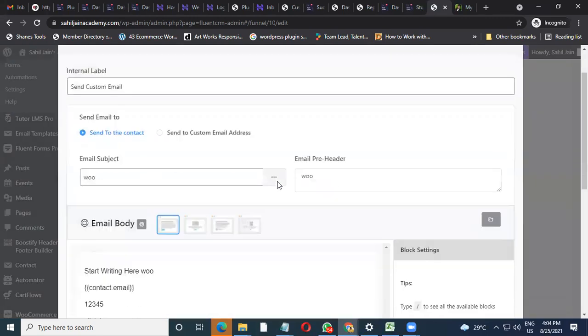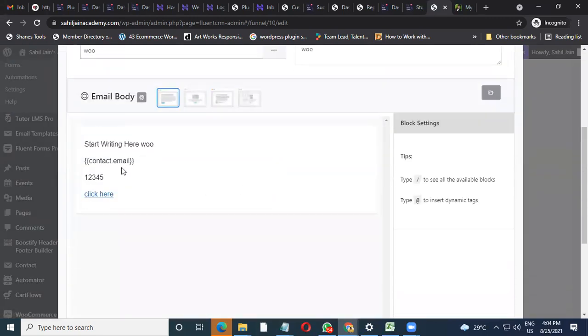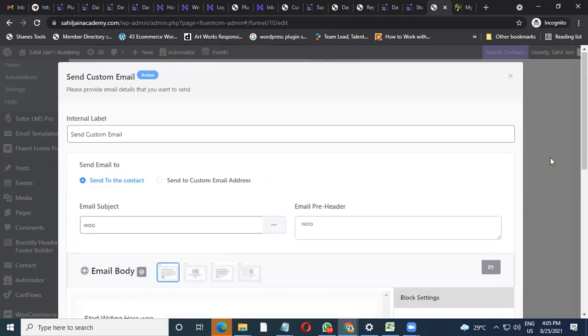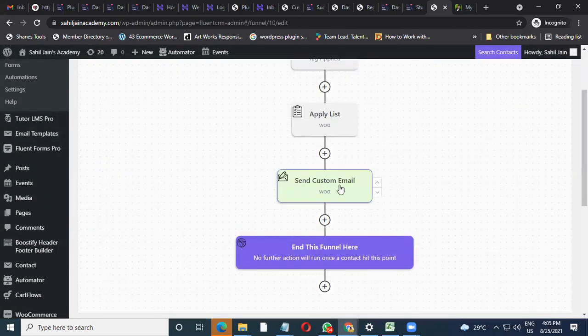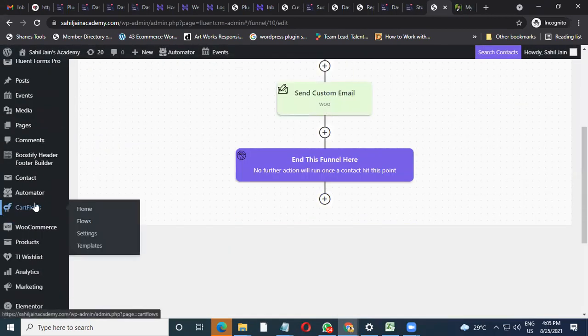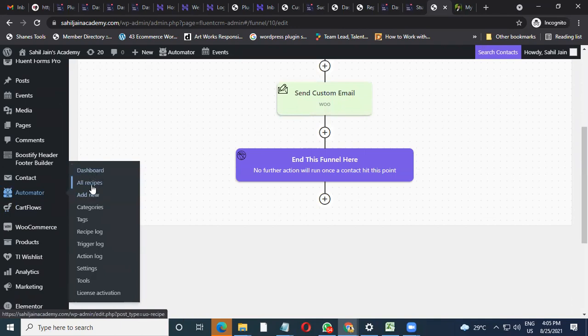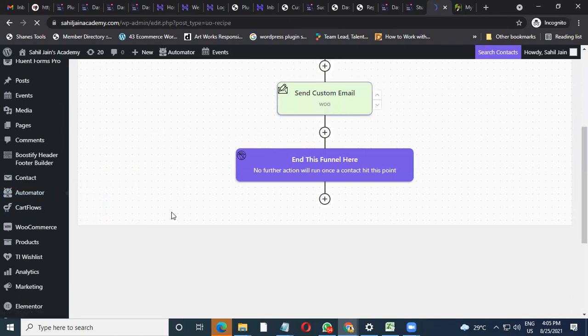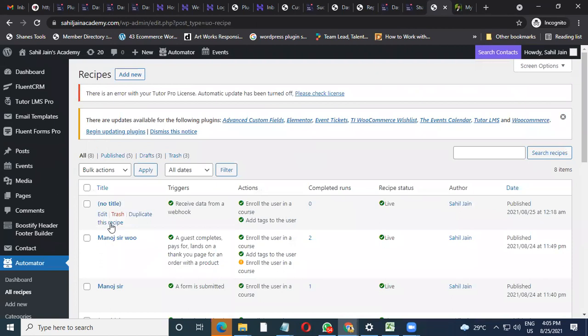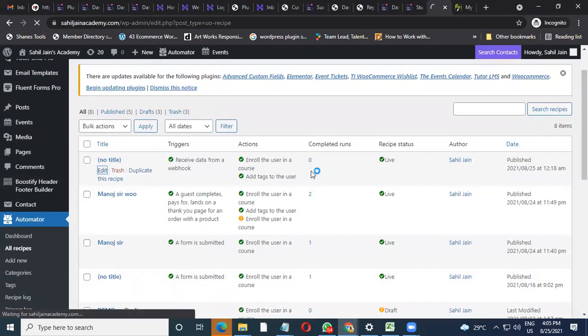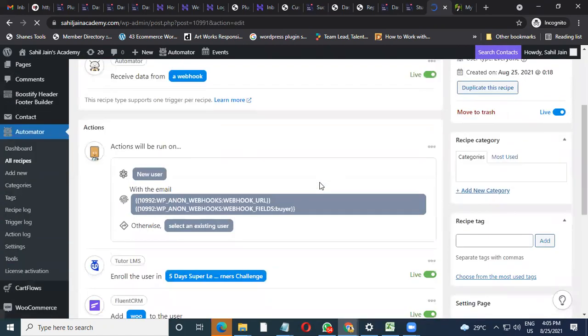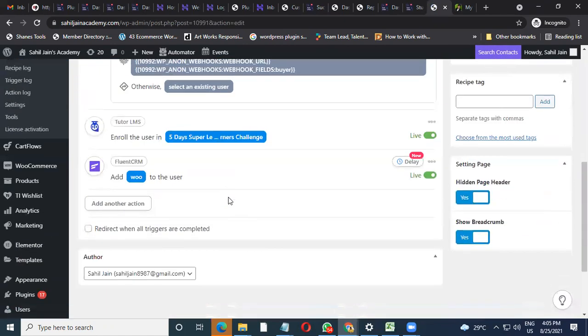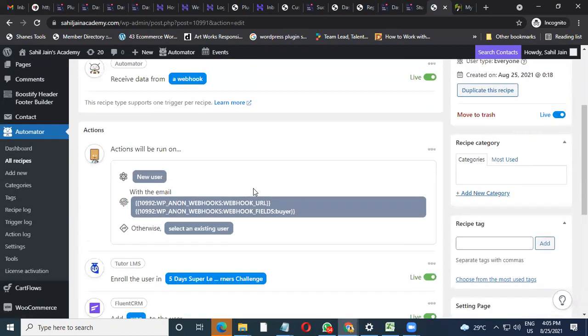The email says this is the contact email ID, this is your password, click here to join. In case someone forgets their user ID and password, this email goes directly to them. In Automata, we also have created this so that if someone comes into this automation, they get an automatic email while the account is getting created.